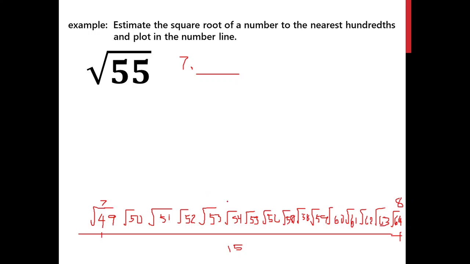And then the square root of 55 is here. This one here. So let's just count from 49. 1, 2, 3, 4, 5, 6. So that is 6 units away from the first square. So the next step is we need to divide this one by this one. The smaller number divided by the bigger number. Okay? I'll just use my calculator here. 6 divided by 15 will give you 0.4. The answer for this one here is 0.4.